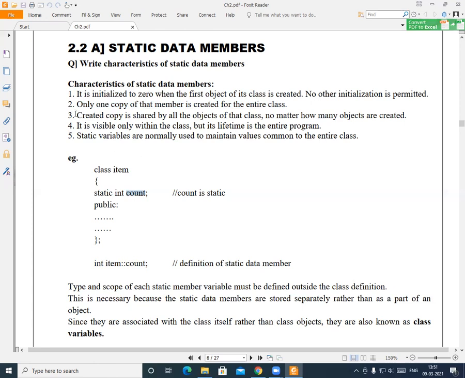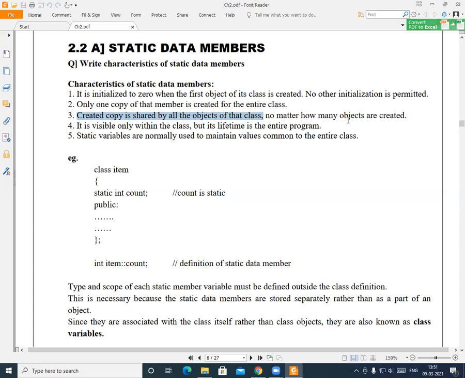So the third characteristic is that only one copy is created, and this created copy is shared by all the objects of that class. That means no matter how many objects we create, suppose 50 objects, then for all the 50 objects only one copy will be created.